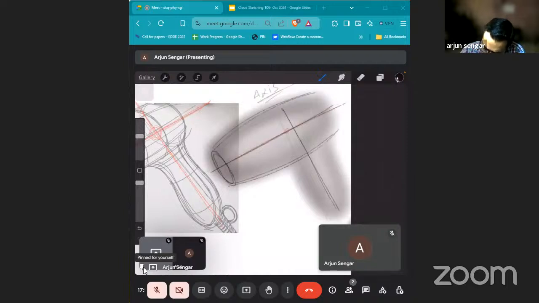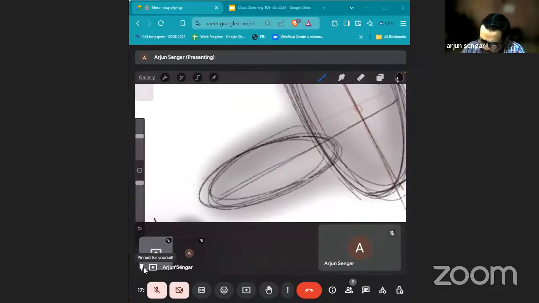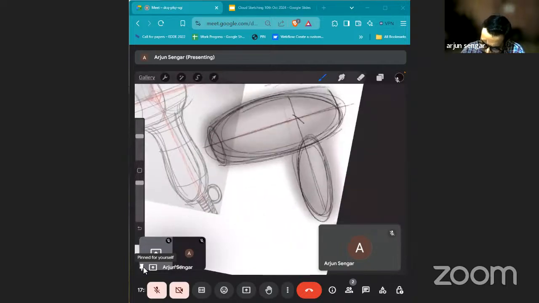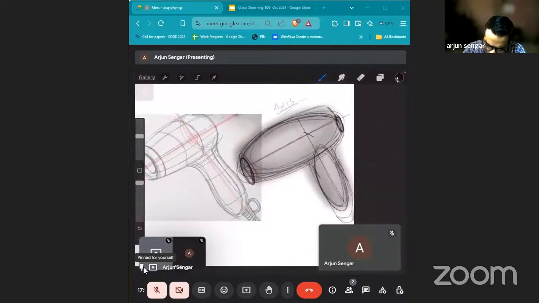One more thing: don't hesitate in keeping your strokes very free. It is absolutely okay if you start with something like this, because this is the principle of how we should proceed. What I am trying to do here is to merge two volumes. I am not trying to get any clarity. There are two ellipses. You can check out the ellipses here. And the cloud also we will try to keep very rough.